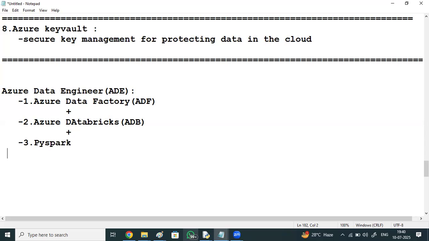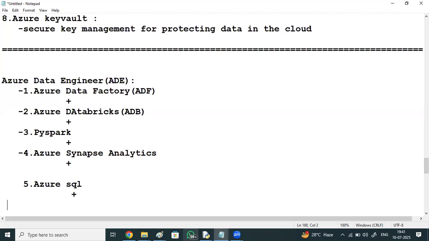And apart from that, Azure Synapse Analytics. And apart from this, you'll be getting knowledge on other components like Azure SQL and Azure Data Lake, that is file system.